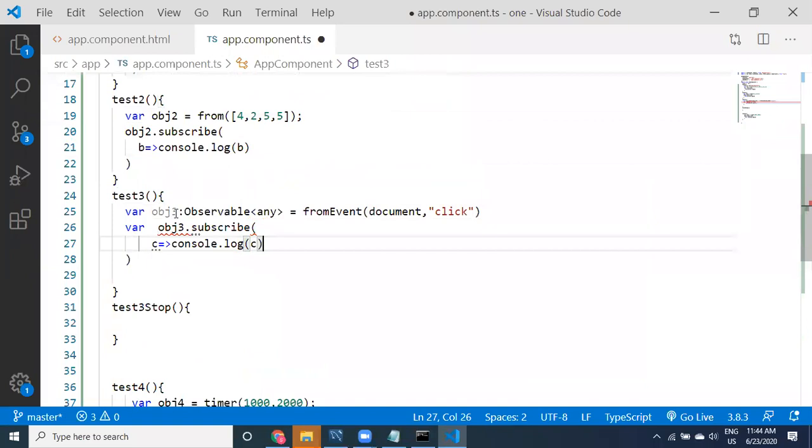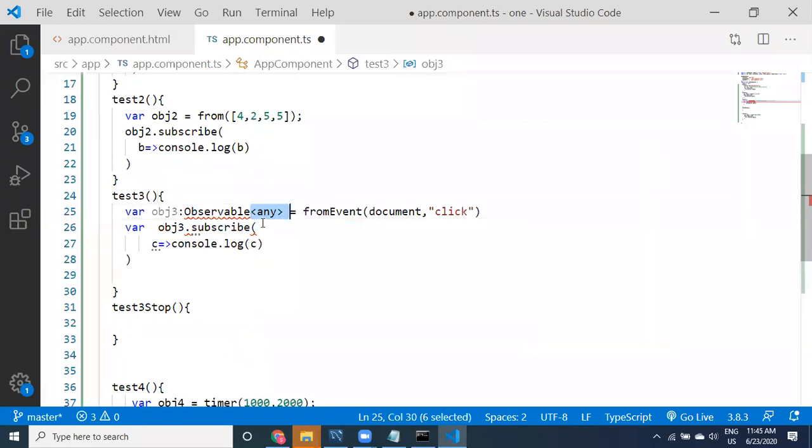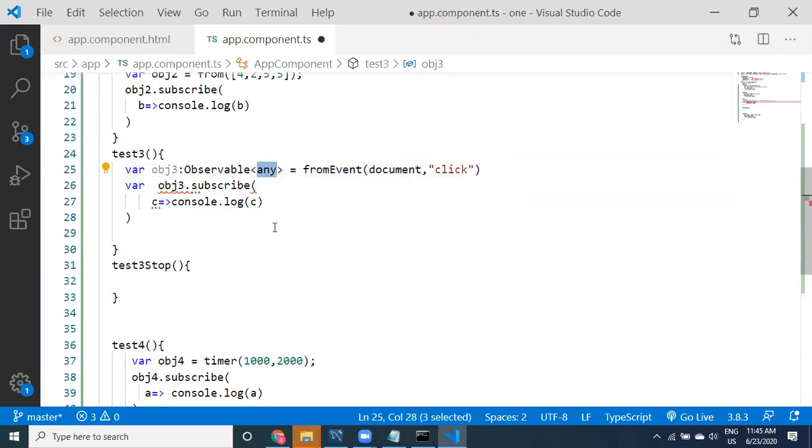See here, guys, the type is an observable object. Observable needs to specify what kind of data it is going to provide, because we are sending this data into events. Event data we are getting. That's why any means any kind of data can be provided here. You can remove it also, just for showing the type of object it is.